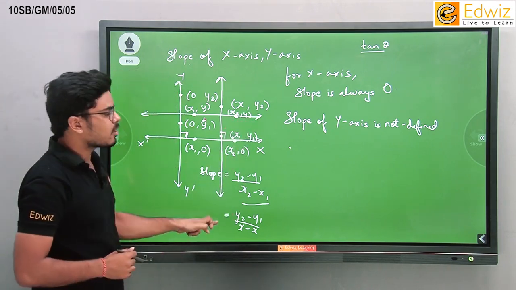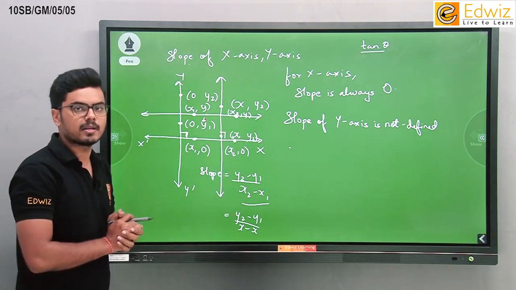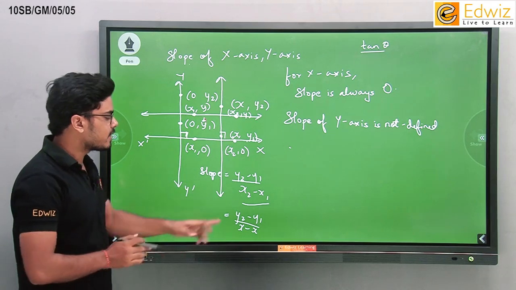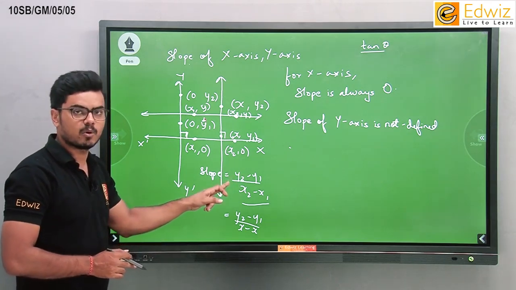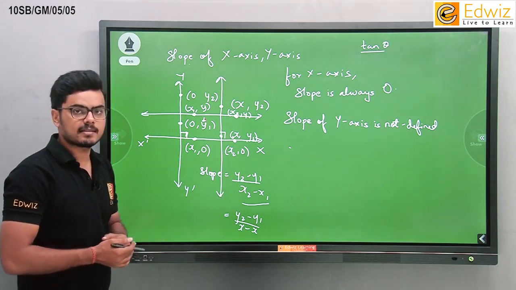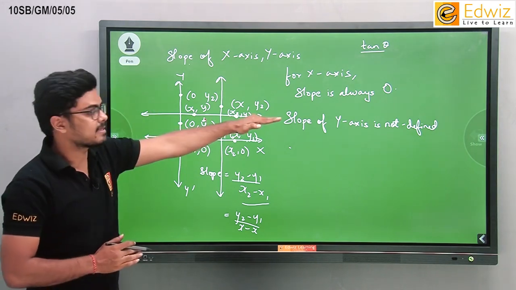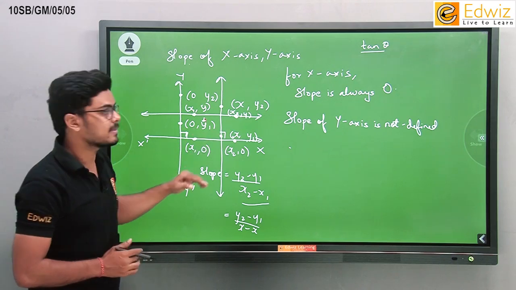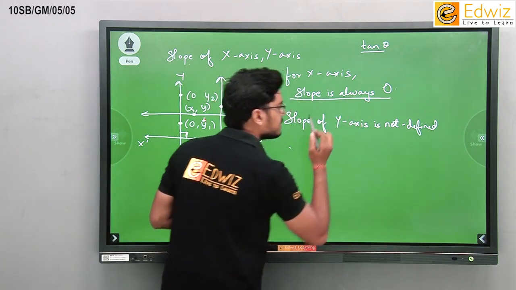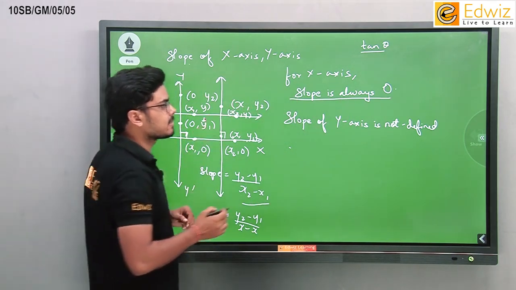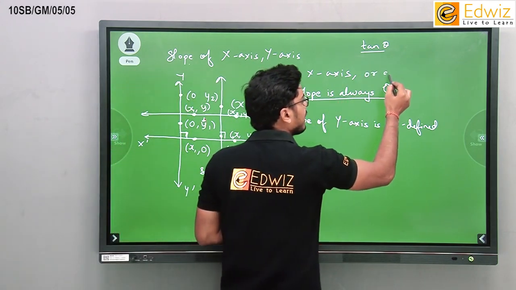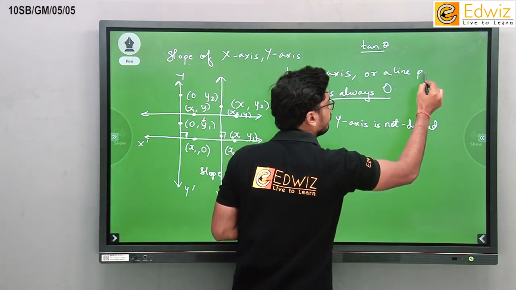तो इस केस में x कोऑर्डिनेट सेम था, इस केस में y कोऑर्डिनेट विल रिमेन सेम। बट व्हेन y कोऑर्डिनेट इज सेम, मतलब न्यूमरेटर जीरो हो गया, करेक्ट? इफ द न्यूमरेटर इज जीरो, द स्लोप इज ऑल्सो जीरो। सो इफ द लाइन इज पैरेलल टू x एक्सिस और इफ इट इज द x एक्सिस, द स्लोप इज ऑलवेज जीरो। ओके, फॉर x एक्सिस और अ लाइन पैरेलल टू x एक्सिस।